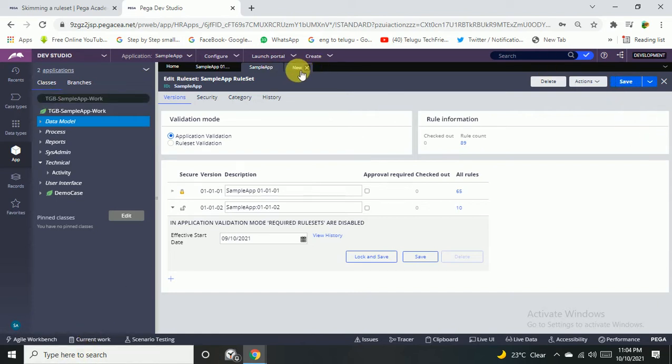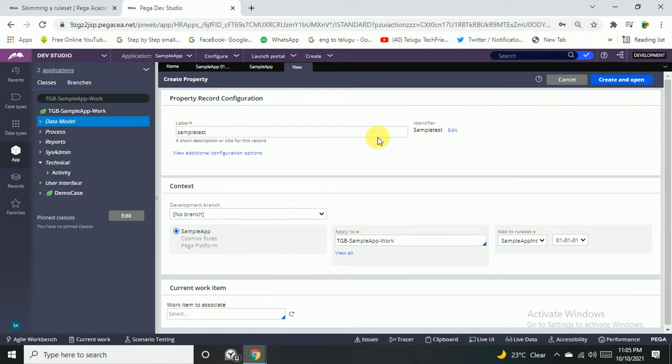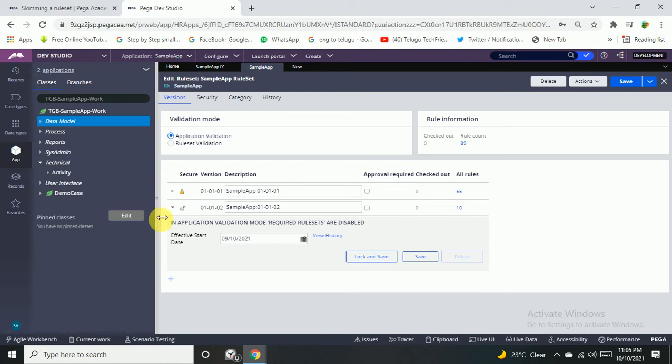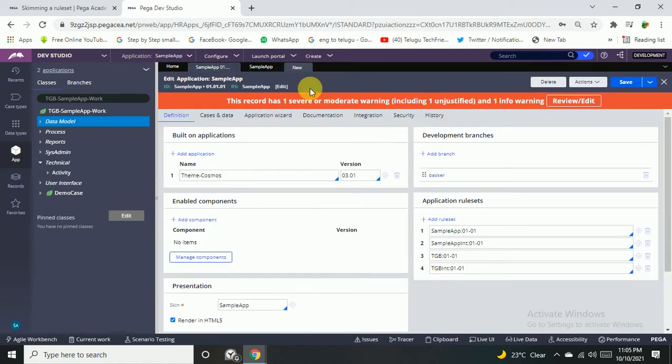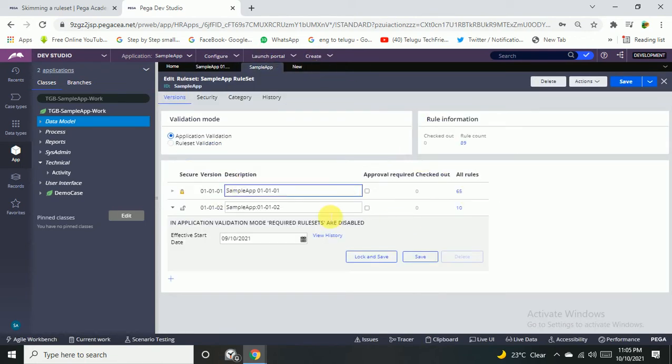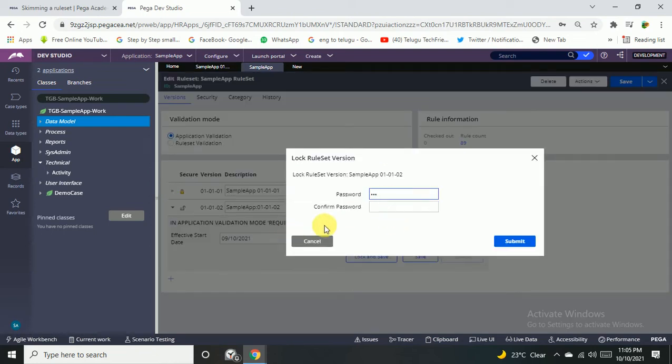Now if you refresh this once, you can see Sample app now, because within that one the version is unlocked. Now you can save any rule within this. If I lock this version, it means this second version is also locked, so you cannot save anything within this. I'm giving the 123 password here.